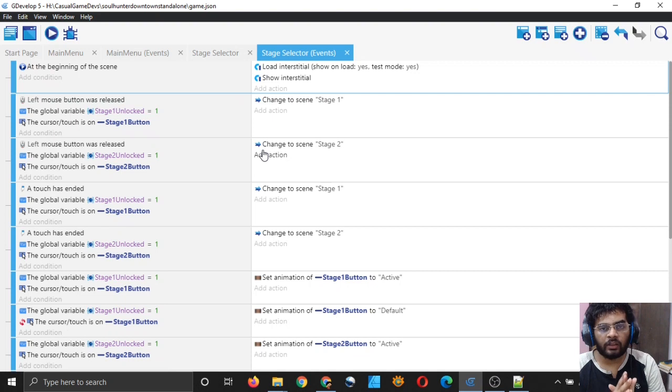So that's how you can add an interstitial ad without having to do a lot of configuration. You can simply start a new event and say at the beginning of the scene should be the condition, and here just call these two functions and your ad will be loaded. So now let's see the last type of ad, which is custom ad, I think. Let me open my AdMob.